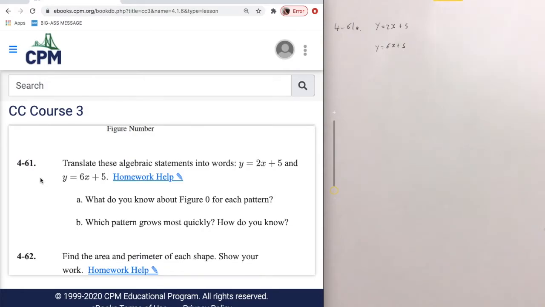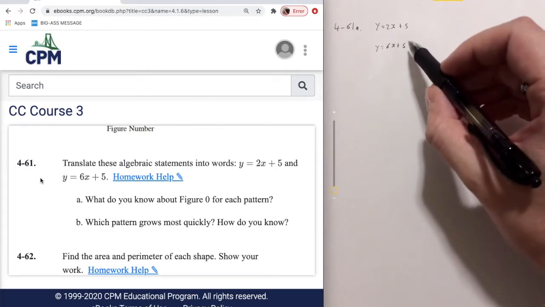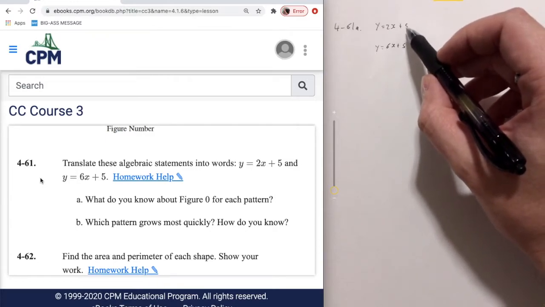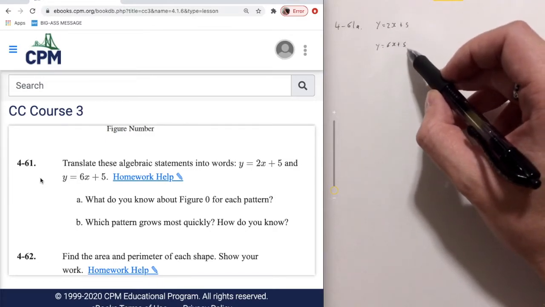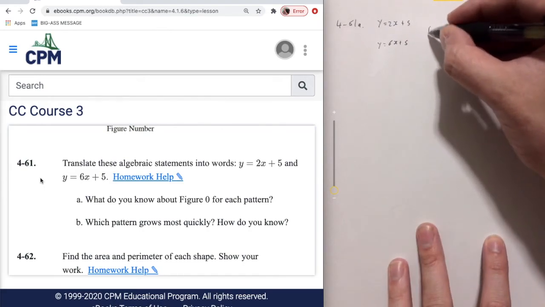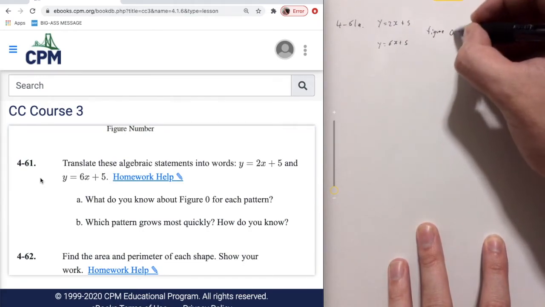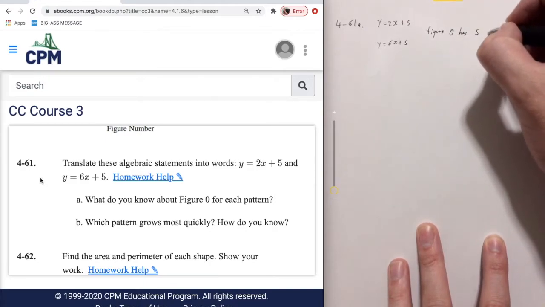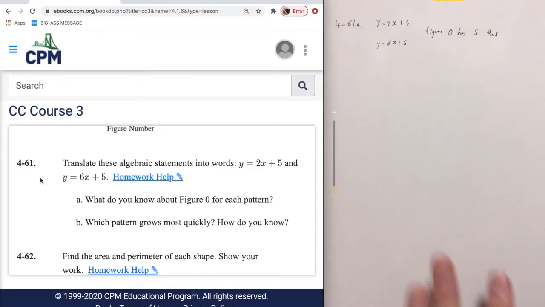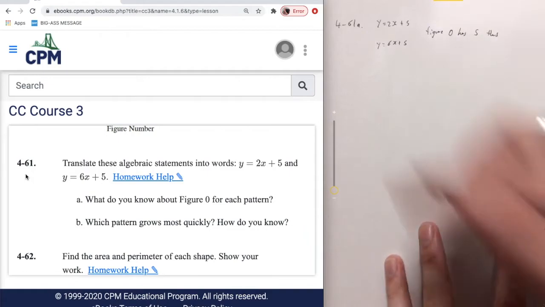So just from looking at either of these rules, all we need to do is look at what we're adding on the end, and that's where we start. That is figure 0. So for both of these, we know that figure 0 is going to have 5 tiles, and the other one is going to have 5 tiles. So figure 0 has 5 tiles. Now, we don't know where those tiles are going to be or how they are going to be arranged, but we know both have 5 tiles. Part B